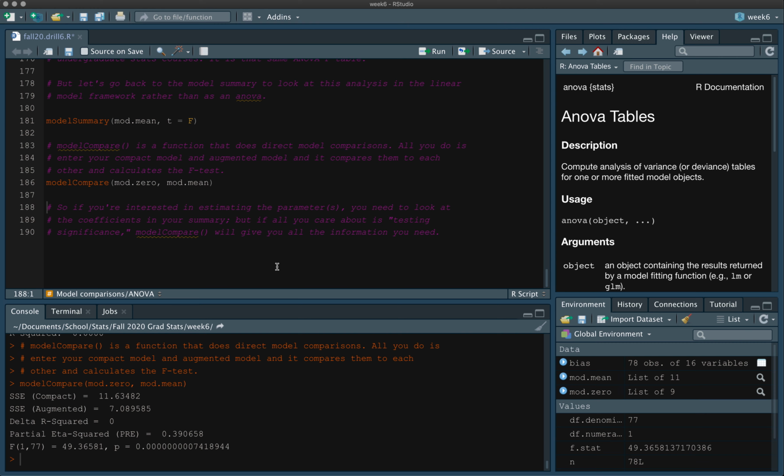So if I'm including 4 different parameters, and let's say that color of the room is my focal parameter, it's what I'm really interested in, then I simply test a model with all 4 of my parameters, including color of the room, and then my compact model will simply take off color of the room. And so when I compare a model with and without that one specific thing and see, is there a significant reduction of error, that's how you can know that, hey, this one particular parameter is